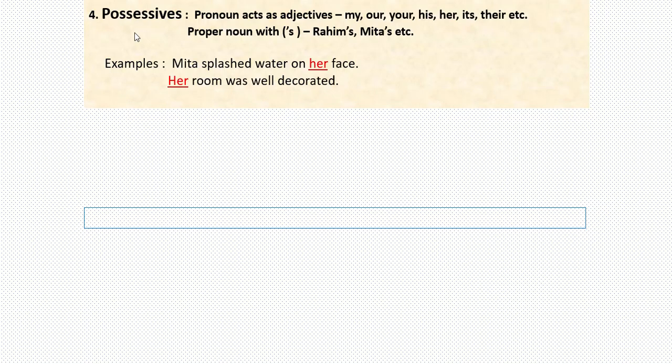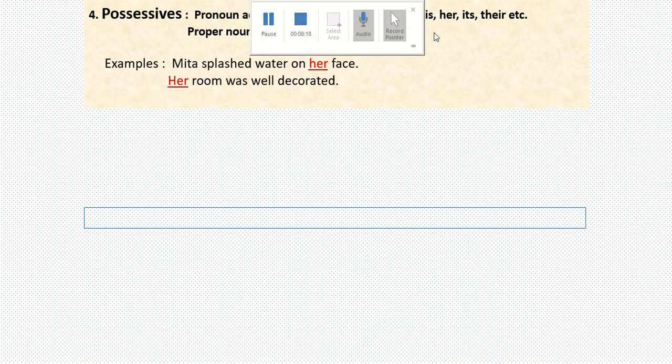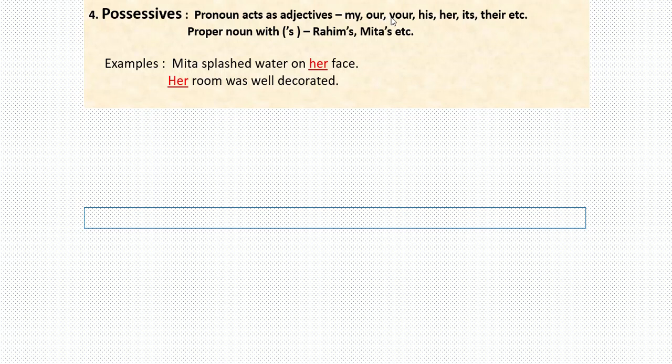Now possessives. Possessive comes from pronoun. A pronoun is a word that is used instead of a noun. This pronoun has three forms. What are they? Subjective form, objective form, and possessive form. And the possessive forms are my, our, your, his, her, its, their, etc. Even if we add apostrophe s with a proper noun, it also shows possession.